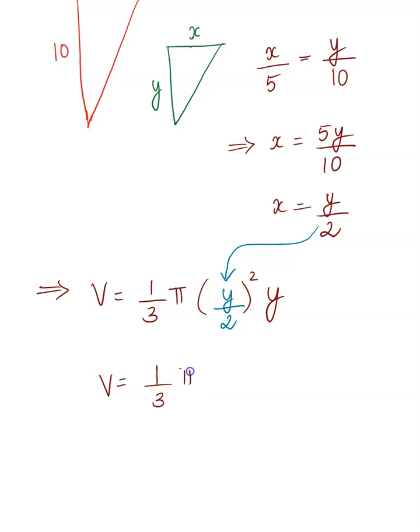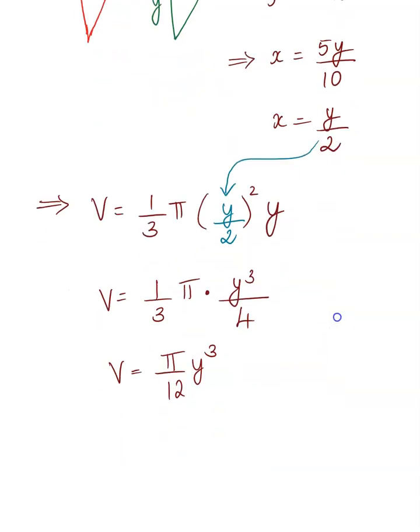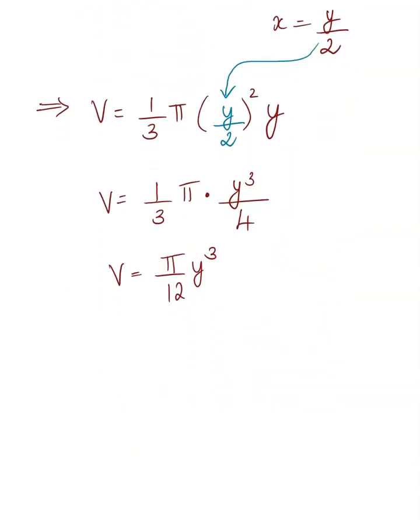1 over 3 pi times y cubed over 2 squared, which is 4. So volume is, I could say just, pi over 12 y cubed. Okay, this is really wonderful. Now we've got this equation manageable. Now it's time for us to find the rate of change. So to find the rate of change,